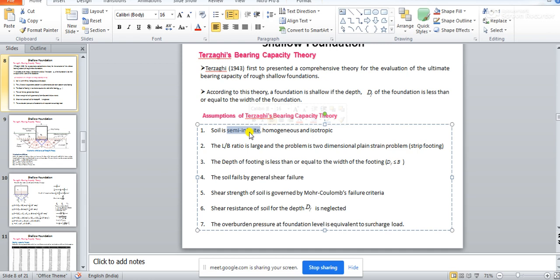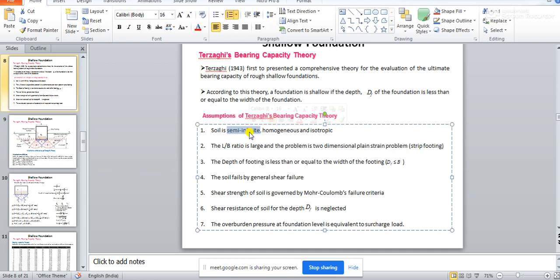If you cannot take such an assumption, you cannot derive the theory of bearing capacity. So this assumption is being put into consideration, that soil is homogeneous. That means the material properties are the same. So some portion of soil you take somewhere, and then you go a little bit other distance and take it, and there also the soil property will remain the same. If you collect a sample from one place around some area, you are assuming that the property of that sample will remain the same throughout that area. So that is actually homogeneity.